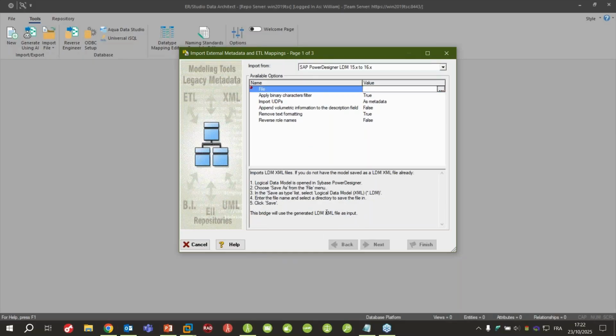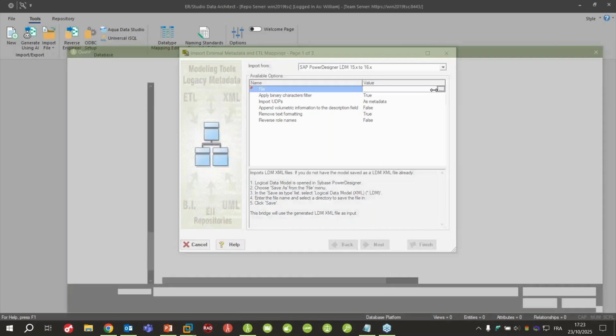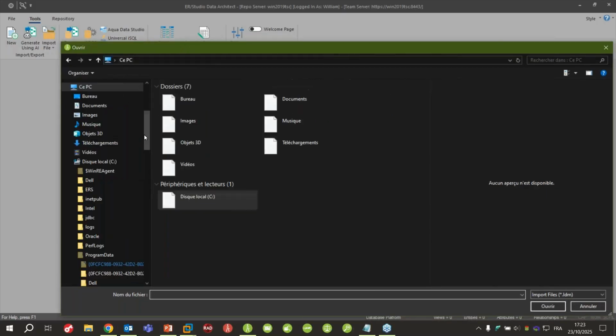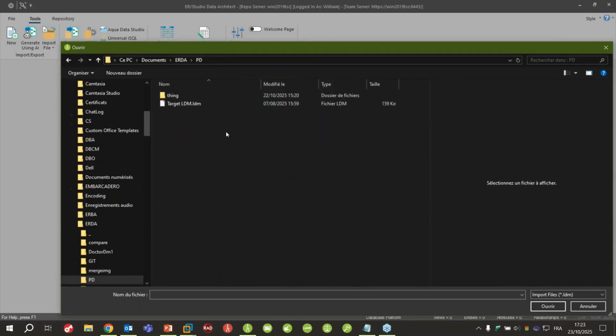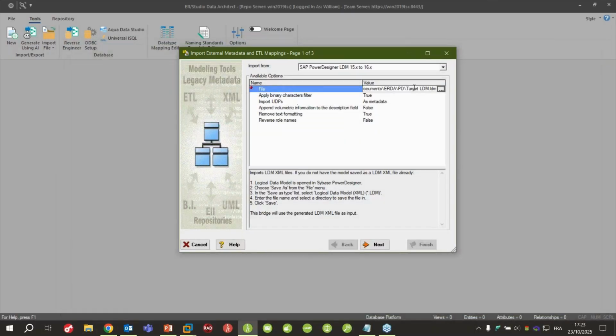When you have read all this documentation for the bridge, you can select a specific field, and from here you can see the mandatory options. The file name for the project is obviously mandatory, and you have some other options depending on how you want to configure it. From here, I will select my project. I have a different project from Power Designer, one for an LDM. I will select this specific project, and then I will go next. So I have selected this one.